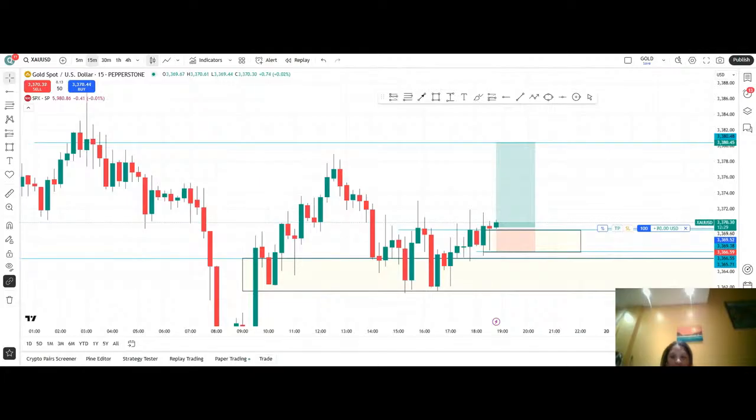So it's now 10 minutes to 7. And by the look of this 15-minute candle, it shows that bullish momentum is coming in. So that also means,